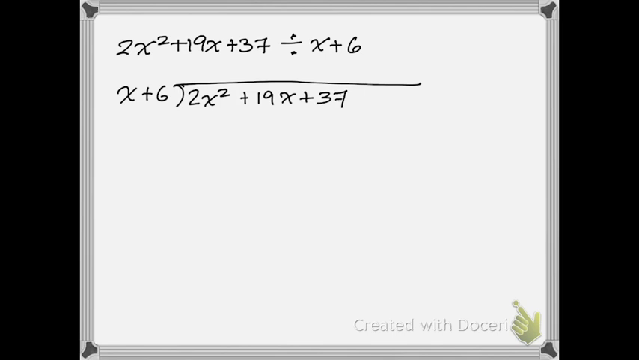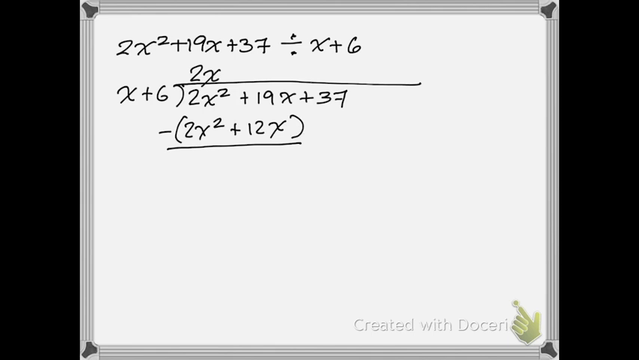Then I'm going to say x times what is equal to 2x squared, and that'll be 2x. So I'm saying 2x times x is equal to 2x squared. I was looking for a value here so that the product would equal the 2x squared. And then I'm going to multiply 2x by x plus 6, and then I'm placing that result here, right? And you should know all that. So let's go ahead and do that. That's going to be 2x squared and then plus 12x. And then I'm going to subtract this line